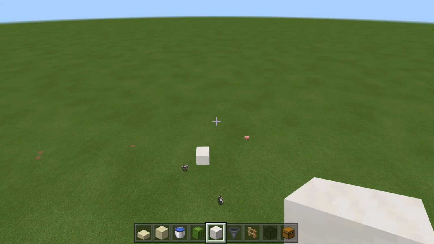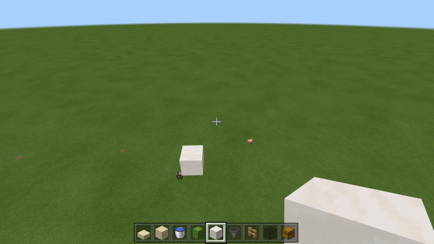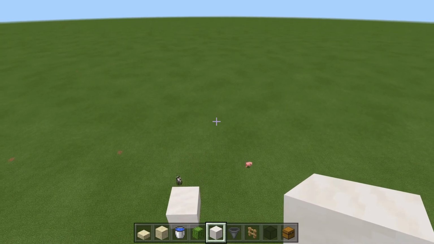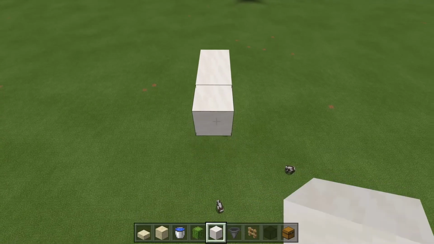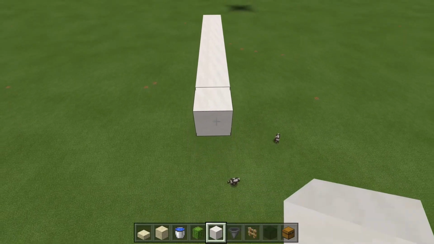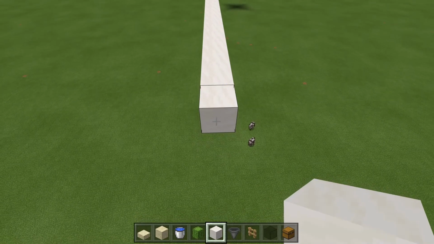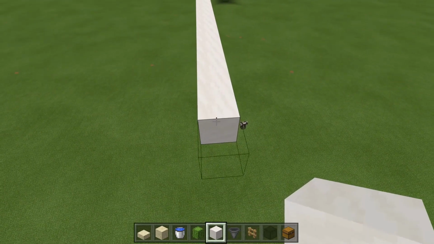Now, to start building this, we are going to build a 21 by 21 outer rim of a square out of smooth quartz. So let's do that. Let's start right here. 1, 2, 3, 4, 5, 6, 7, 8, 9, 10, 11, 12, 13, 14, 15, 16, 17, 18, 19, 20,